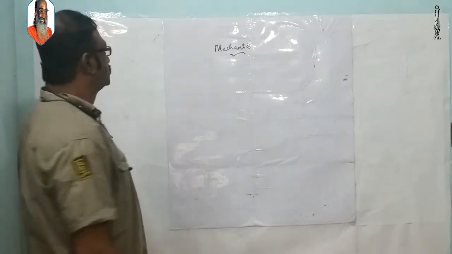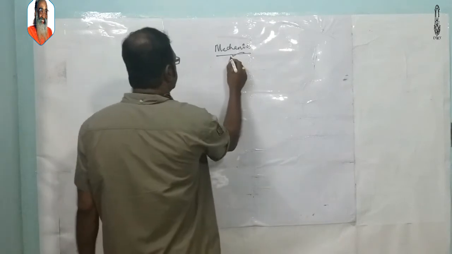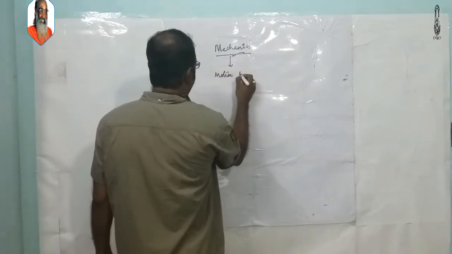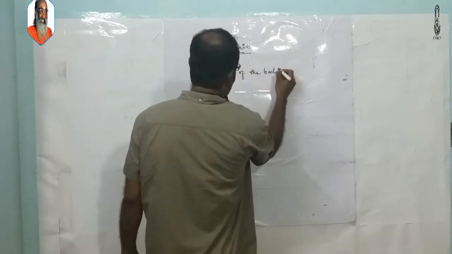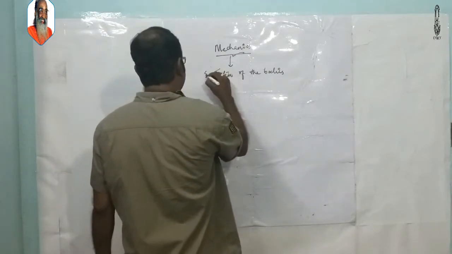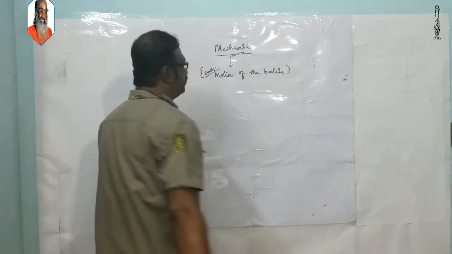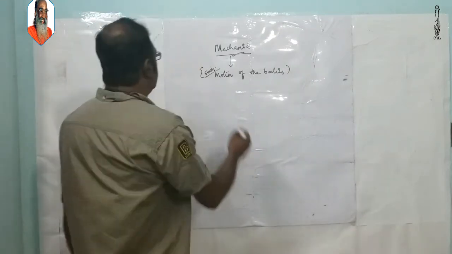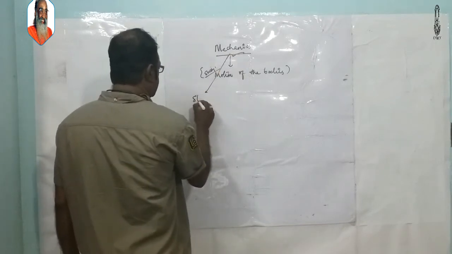This is a branch in physics which deals with the motion of the bodies. This is the study of the motion of the bodies. And this mechanics again has two branches, that is statics